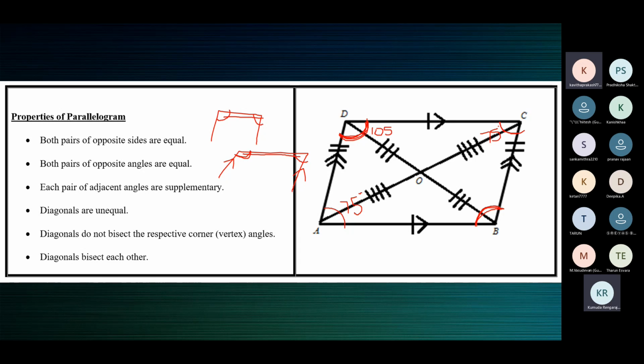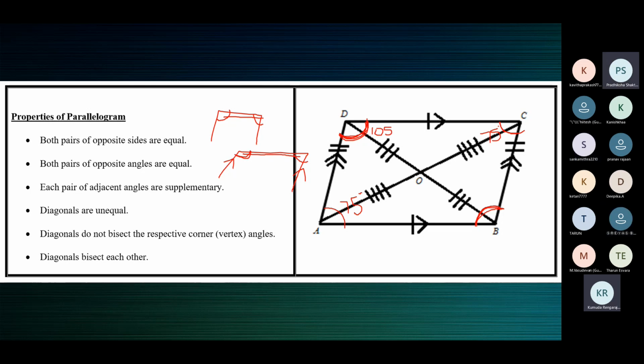Very good. Okay. Now, one other property. What is the other property you can use now, having found D? State some other property by which you can say that B is 105 degrees. You're right. Your answer is right. B is equal to 105 degrees. Yes, Kanishka. Ma'am, adjacent angles are supplementary. That's what she said. Adjacent angles are supplementary. What's the other reason here?